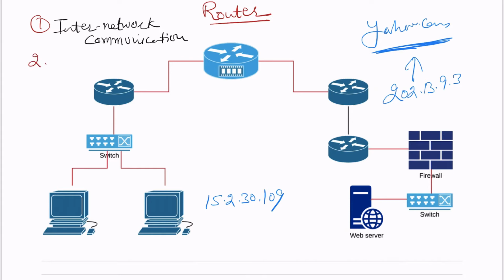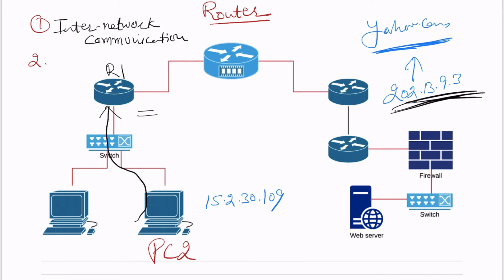The second thing is that the router receives the traffic from the device or devices connected on its interfaces and forwards that to the other devices by checking the destination address in that traffic. Basically traffic is packets. Let's say this is your PC2. It sent traffic to this yahoo.com server, but it has to go via this path because this is how the physical connections are. Now this router, let's say R1, opens up the packet. The packet is the traffic here, okay?